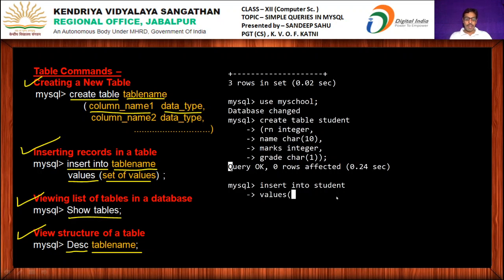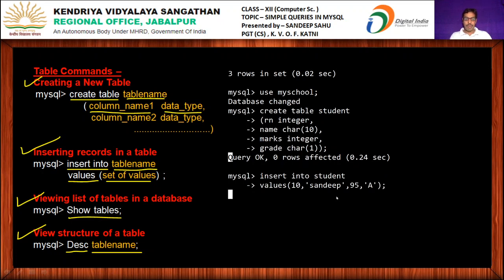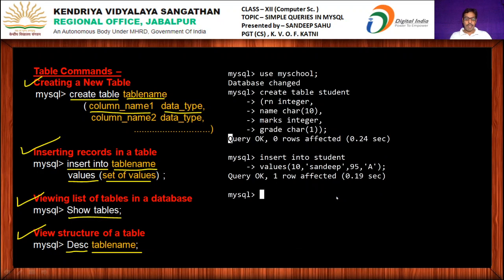Against roll number I am keeping roll number 10, then the second column is name, under single quotes I am writing the name Sandeep, marks, suppose I am taking marks 95 out of 100, and then grade, it should also be inside single quotes as it is a character, so I am taking grade as A, parenthesis closed and then semicolon. So this one row is created.